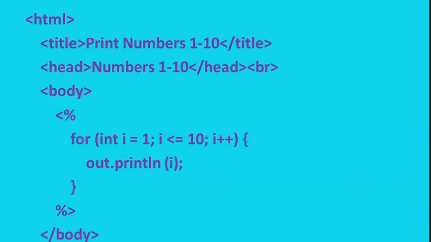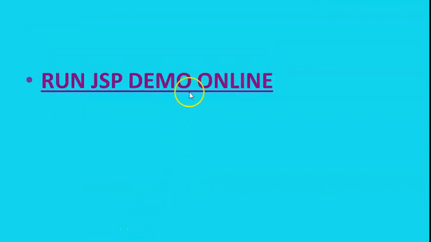Inside this body tag only you have to write this in the Java web application. By using that you are creating a new project. After that you go to new JSP file, then you get a screen like this. Inside that you type this program, the scriptlet, inside that body tag. Inside the body tag you write the loop statement, for i equal to 1 to 10, i plus plus, out dot println to display 10 numbers. How do you see the demo?